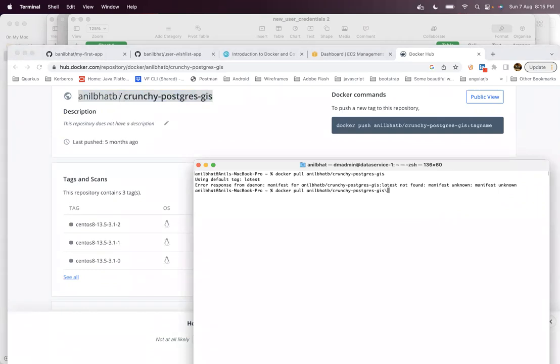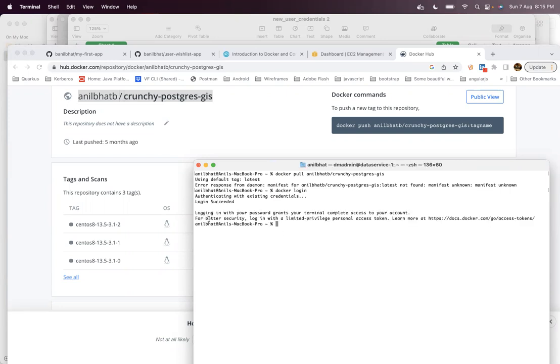Am I logged in is the question. I can log into Docker Hub by using docker login. Login succeeded.